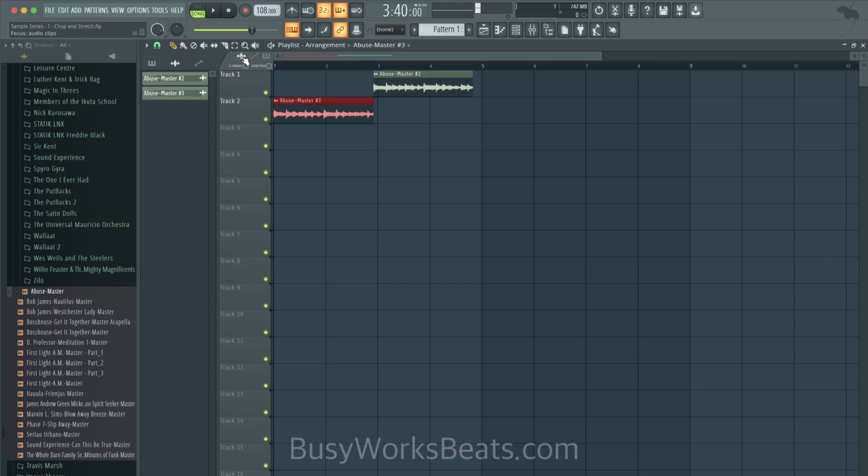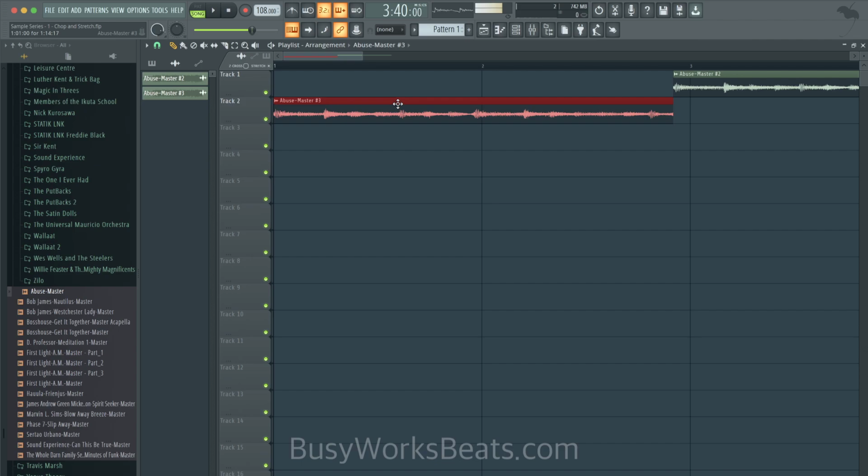So go to the audio clips right here and then click on stretch mode. And what we're going to do now is line it up to the left side, so it's perfectly lined up. Change your snap degree to a bar mode so it's easier to count. And we chop 2 bars. So we need to stretch this. It's not all the way 2 bars. So we need to make it 2 bars.